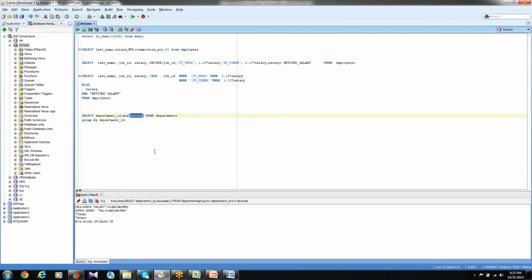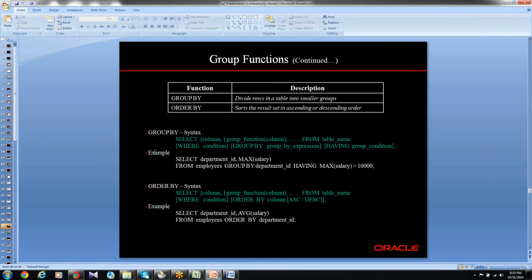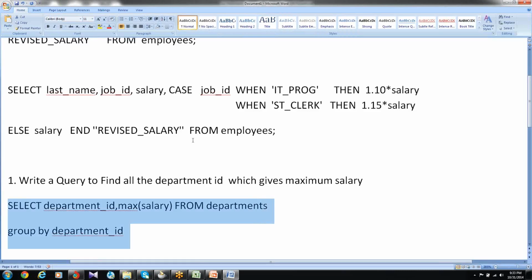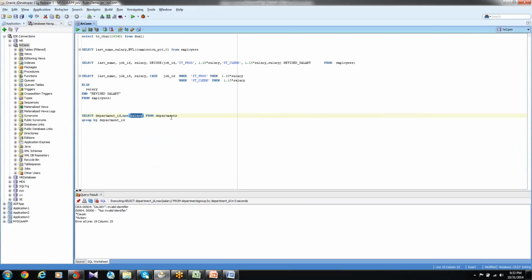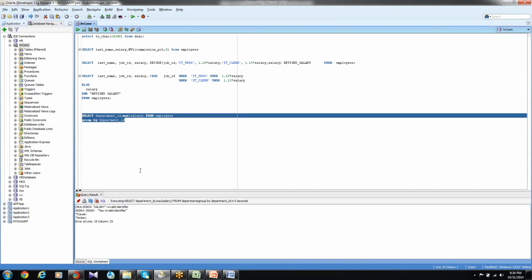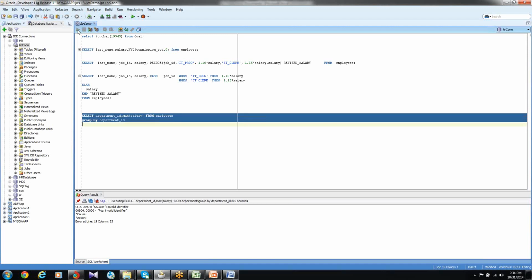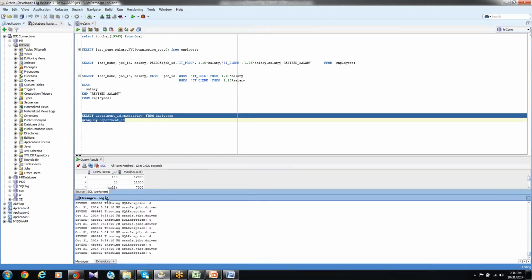Okay, I think the department table doesn't have salary. So you need to give employees. Sorry, I've given the wrong table. You need to give employees. Okay, so the employees table has the department ID column. So I want to see this from the employees table. If I try to execute this, here you can see